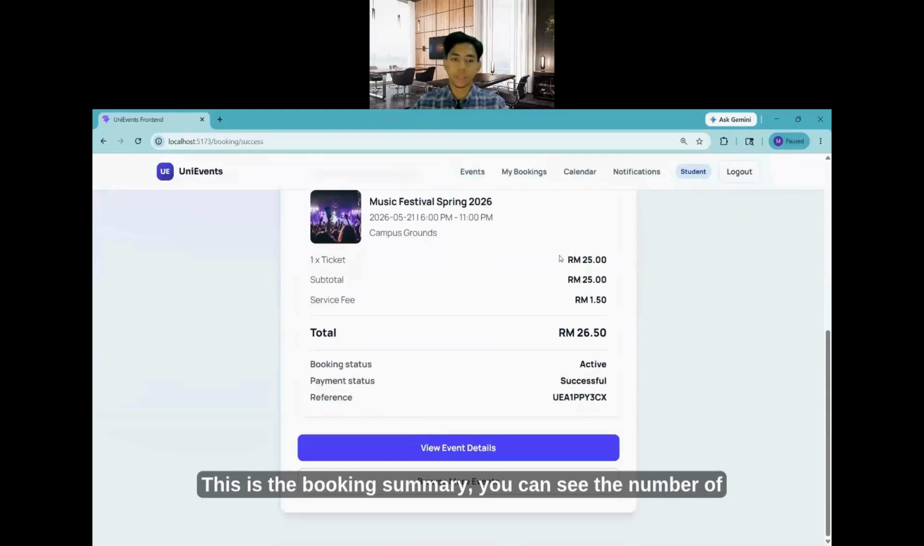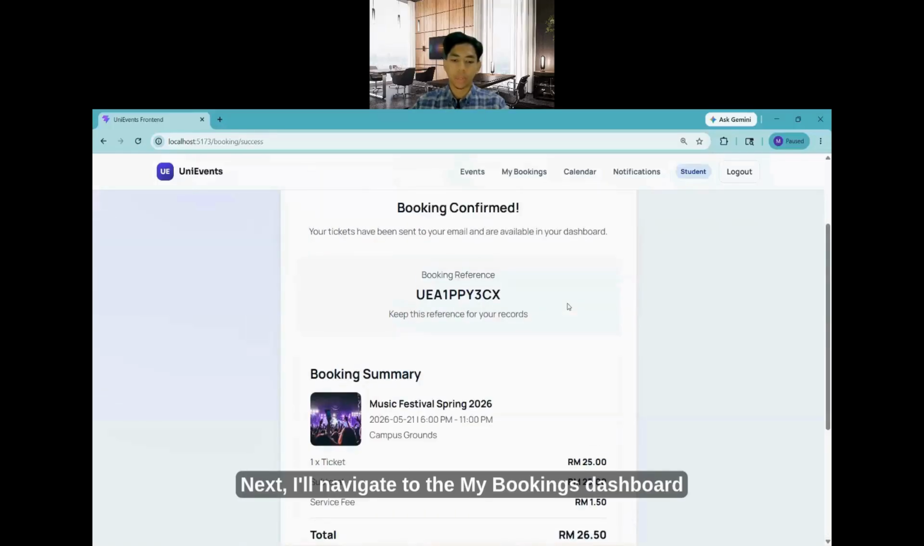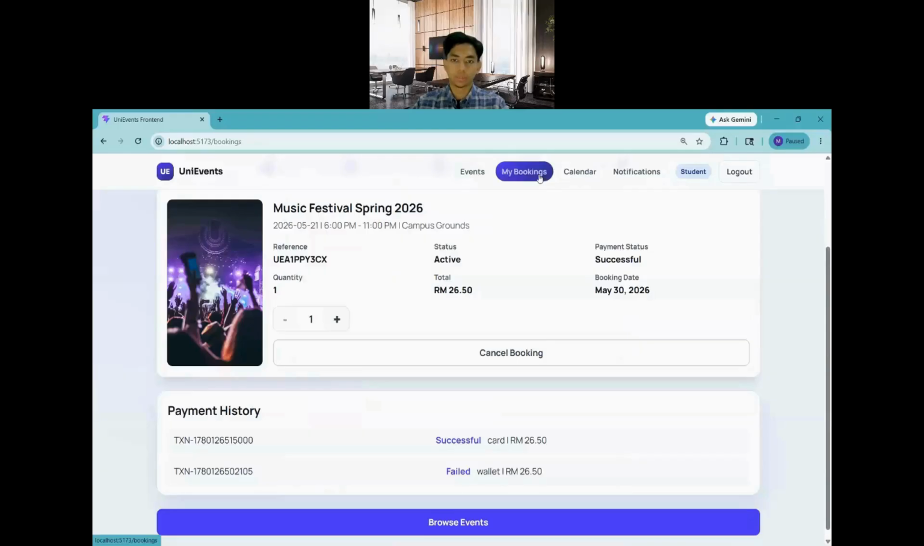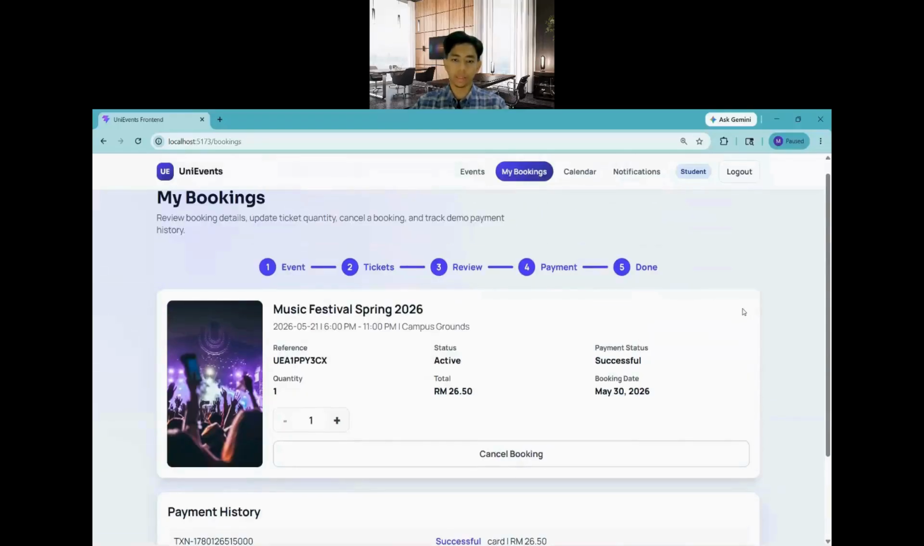This is the booking summary. You can see the number of tickets, the subtotal, and the total fee. Next, I will navigate to the booking dashboard. You can see here,